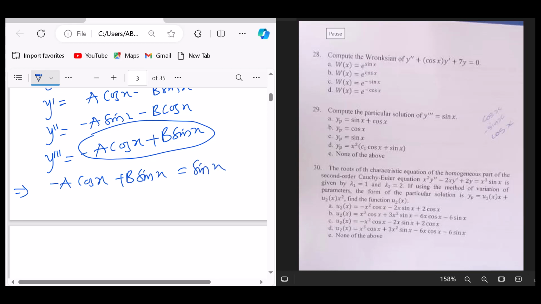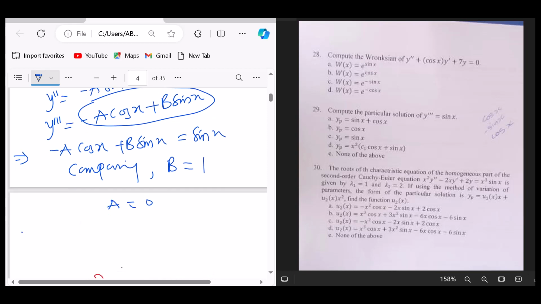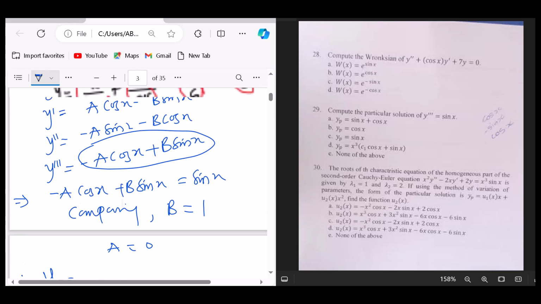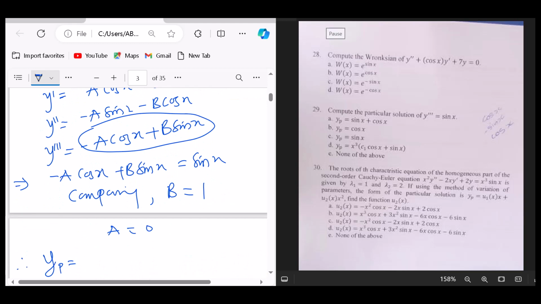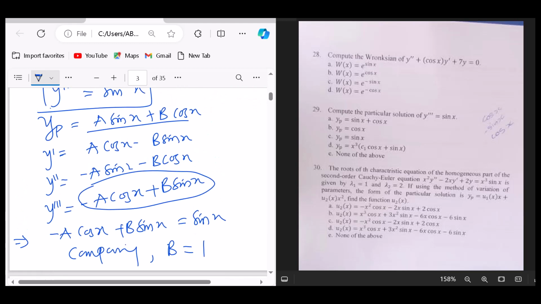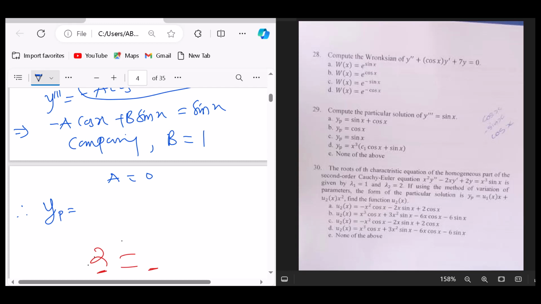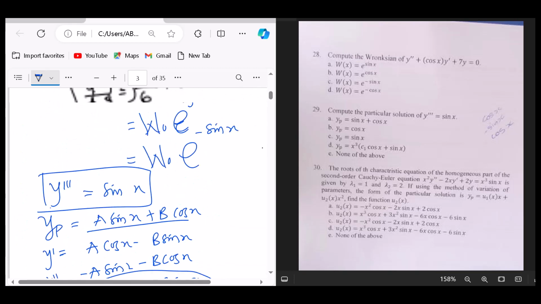Comparing, if we compare, b will just be equal to 1 and a will just be equal to 0. So this will imply that we have our y of p to be equal to, substituting it back into this, a is 0, b is 1, so that will just be b cos x. So b is 1, that's just cos x. So y of p is just cos x, and that is B. So 29,